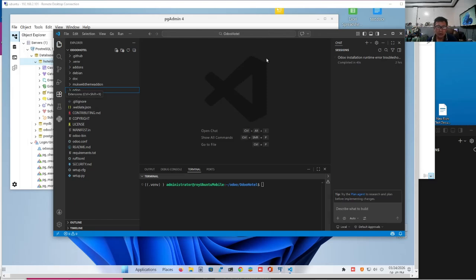In the last video, I gave you a brief background on models and the different kinds of models in Odoo. In this video, I'm going to show you how to create a very simple model. However, we cannot run the application without completing all the necessary requirements of an Odoo app. In order for an application to run, we should have a model and a view.